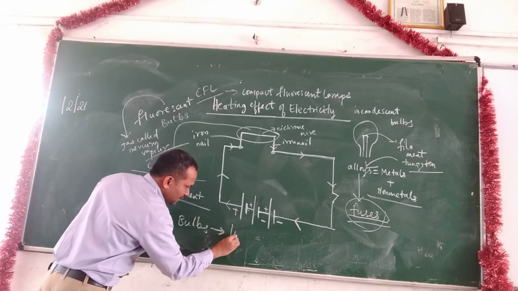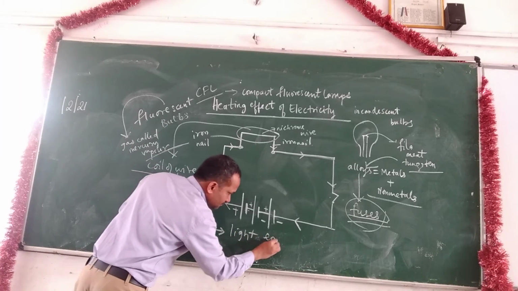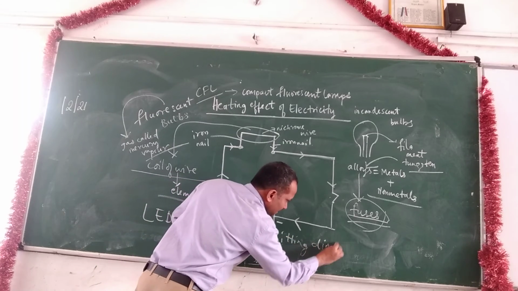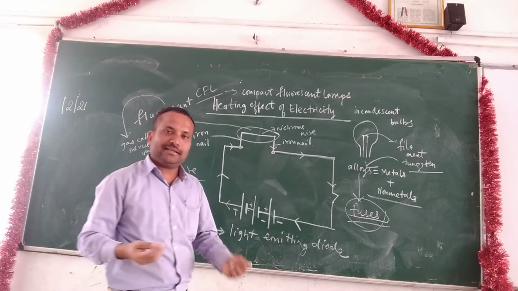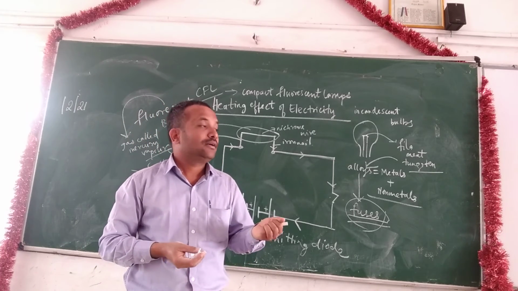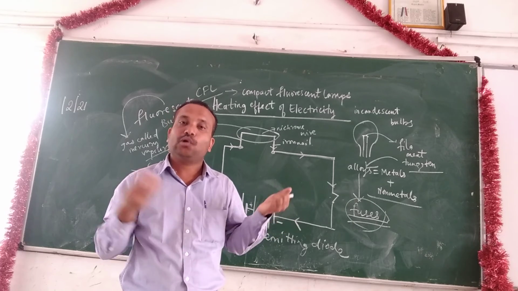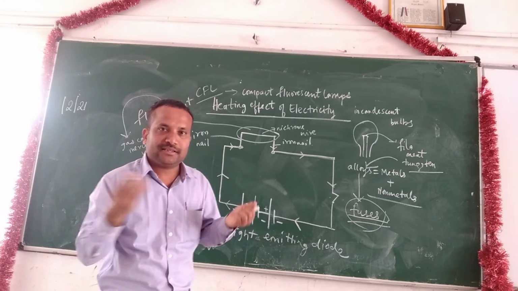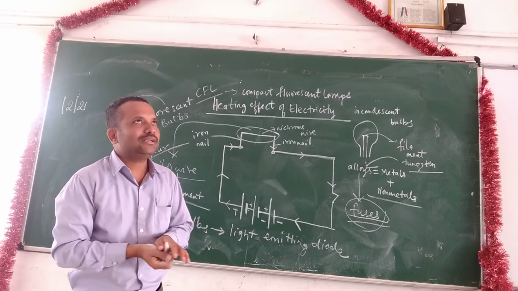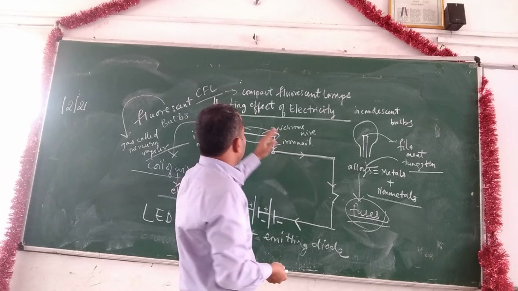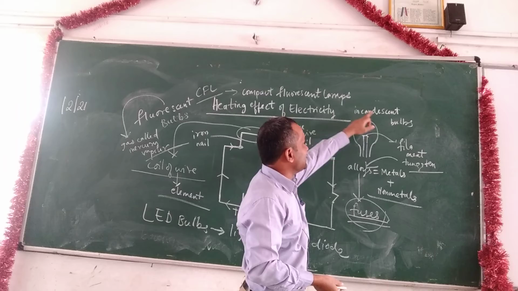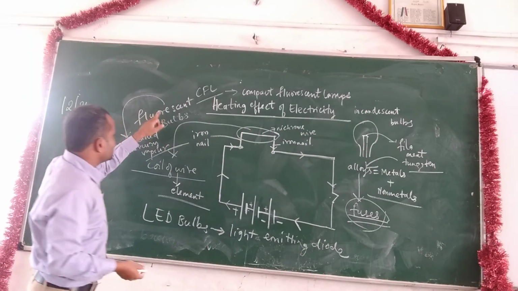LED means, children, light emitting diode. These again use less current and give a lot of light. There is no wastage of current in heating process and all. But all these things, whether compact fluorescent lamps, incandescent bulbs or fluorescent bulbs,